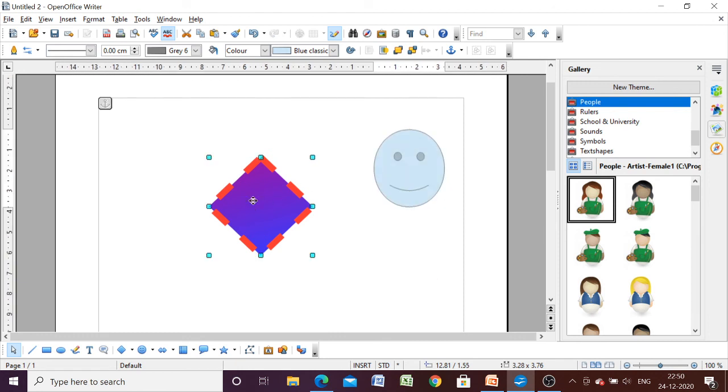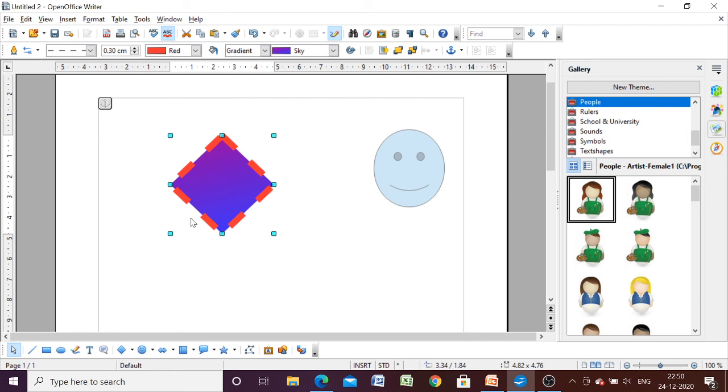If I am selecting this rhombus and moving it, only the rhombus is being moved. Suppose we want to make a group of multiple objects, then all the objects which make a group will move simultaneously.